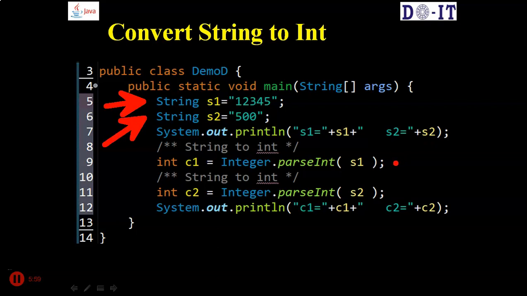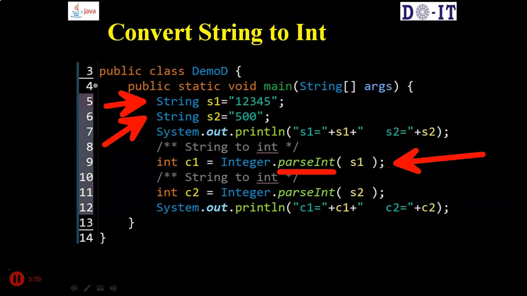For that, we use a service of a class called Integer, which has a method called parseInt. Notice all the methods in Java start with a lowercase, and then the subsequent words that form part of the method name start with uppercase. So the p in parse will be lowercase, the I in Int will be uppercase, and all classes start with uppercase, so the I in Integer is uppercase.